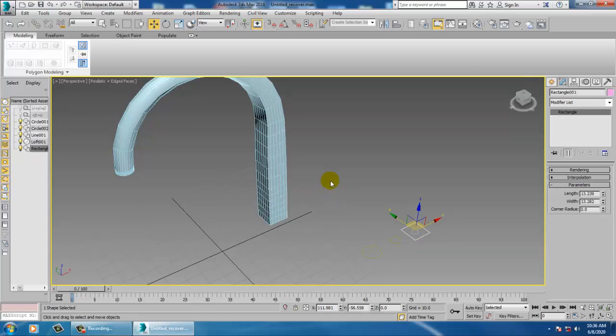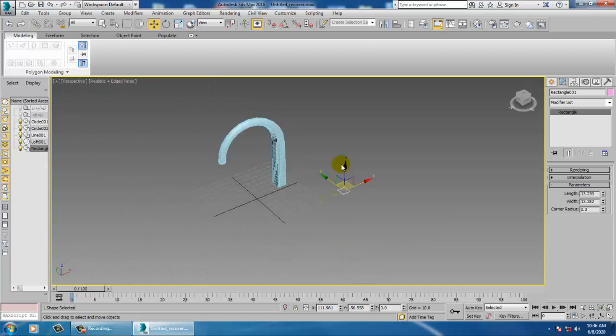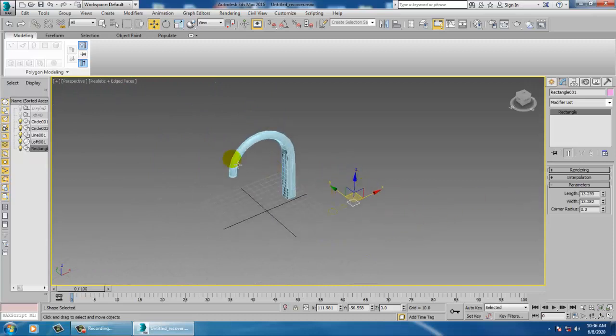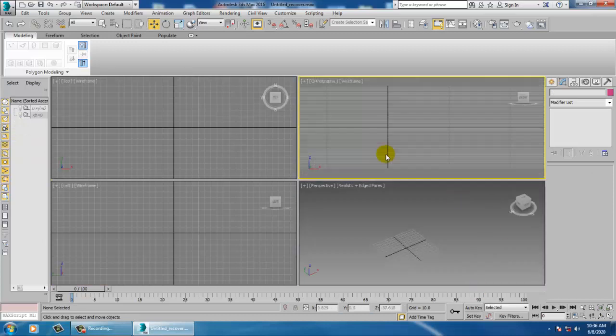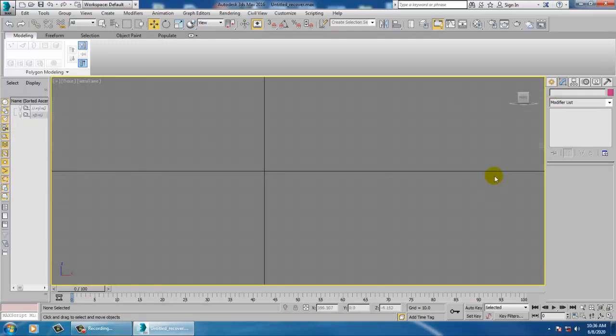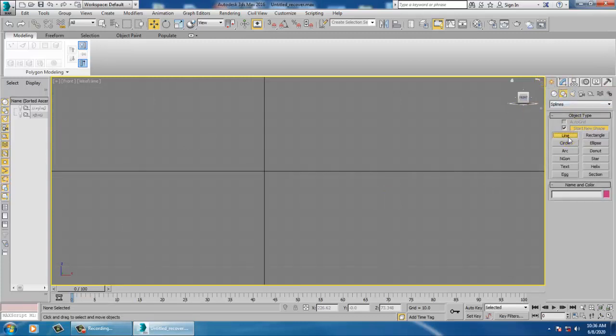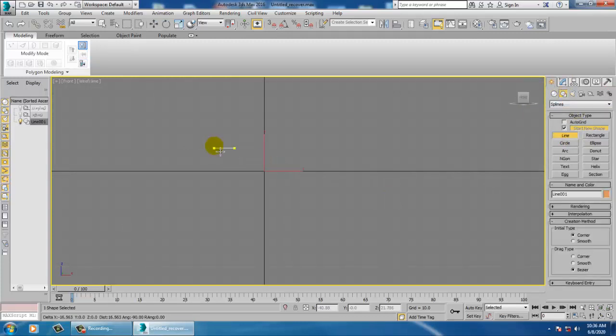This is one example of a loft option. You can add as many shapes as you want. One more thing we can achieve is, if I have a line and any kind of shape